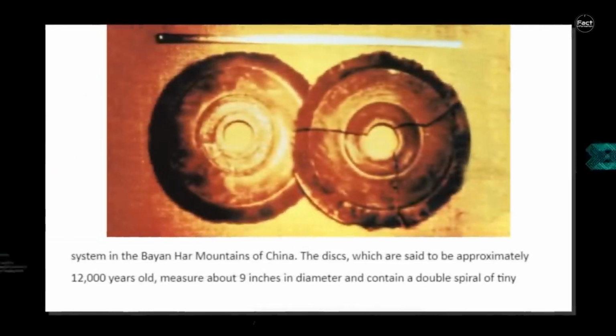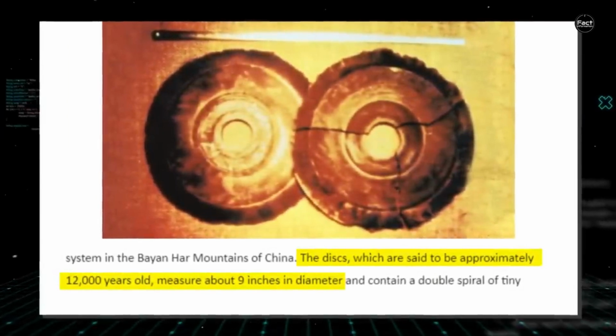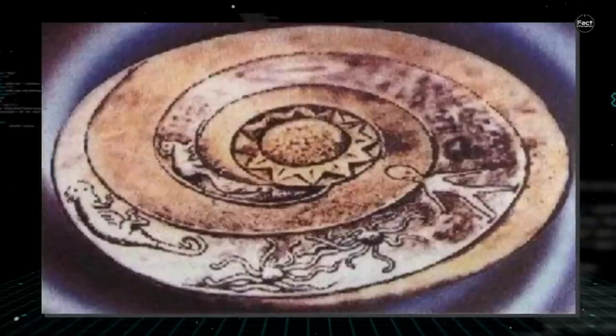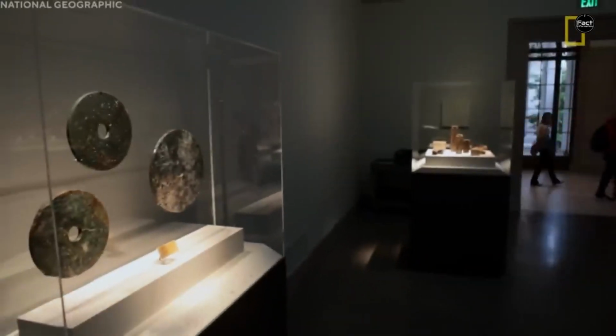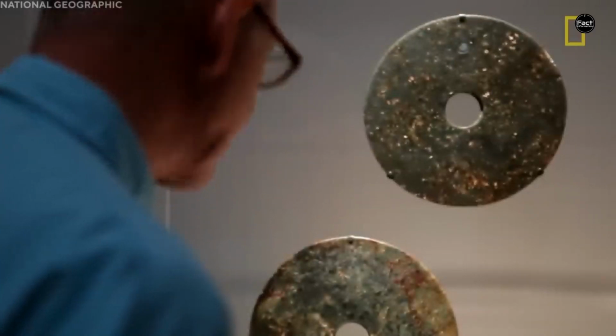The discs, which are said to be approximately 12,000 years old, measure about 9 inches in diameter and contain a double spiral of tiny hieroglyphics etched into their surfaces. The authenticity of the Drapa stones and the story surrounding their discovery have been the subject of significant debate and